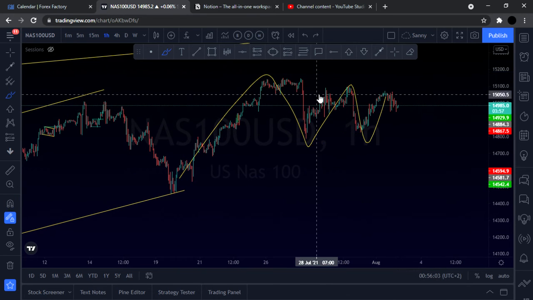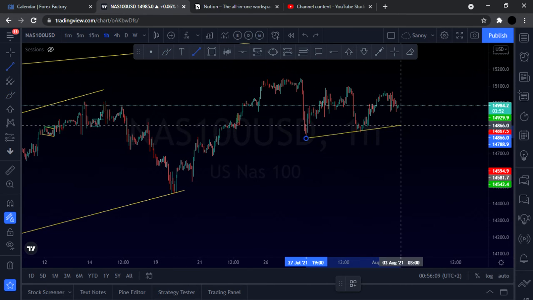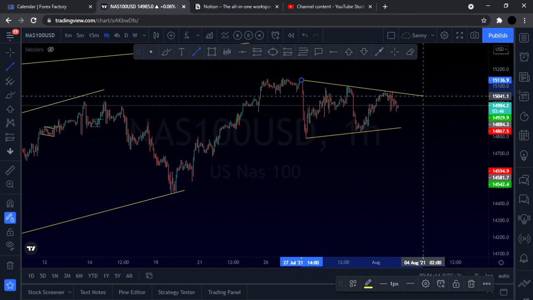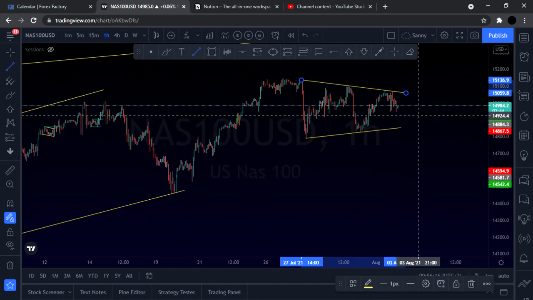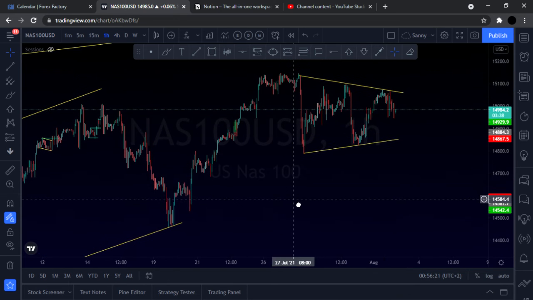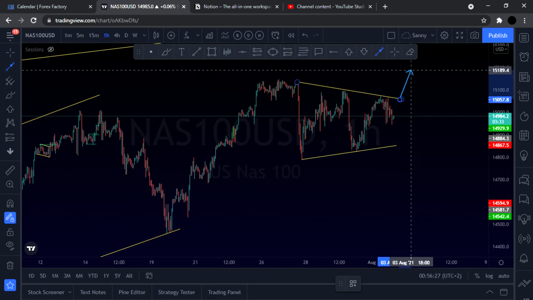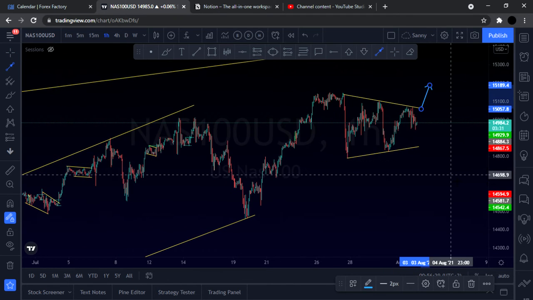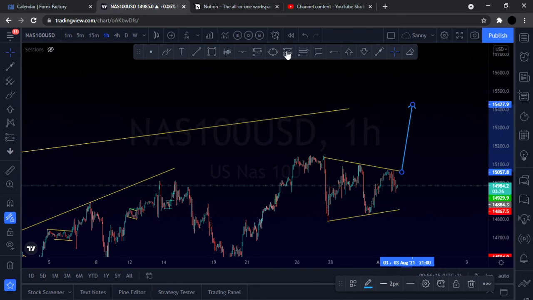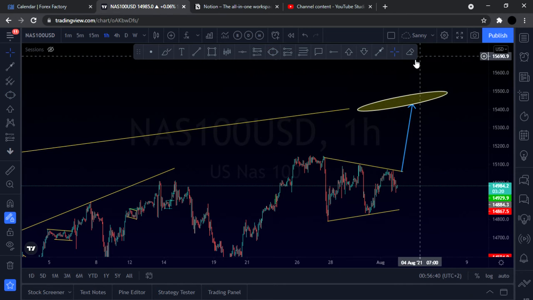So if you can look clearly, we have a nice symmetrical triangle there, which, those of you guys who know, is a continuation pattern. So the more chances that price could break these areas and shoot higher and make even higher highs all the way to our level of resistance there, this level here. So price could potentially push all the way up there,